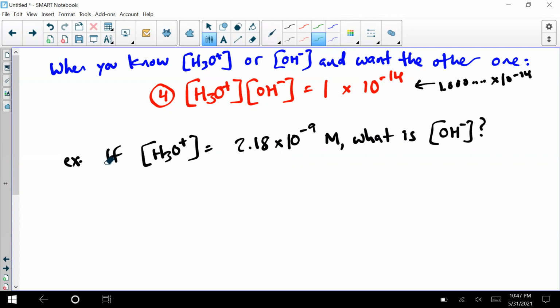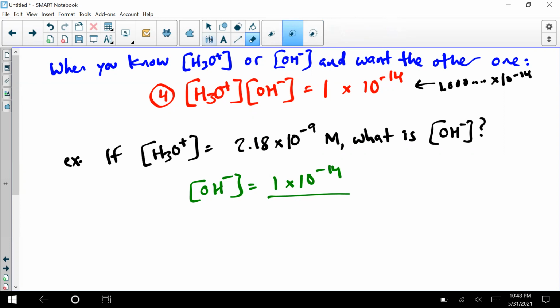Okay, so if hydronium concentration is 2.18 times 10 to the negative 9 molar, what's the hydroxide concentration? So we know one, we want to know the other. So manipulating the formula above, OH minus concentration, we need to divide this out of here. So it's going to be 1 times 10 to the negative 14, technically molarity squared, divided by concentration of H+,